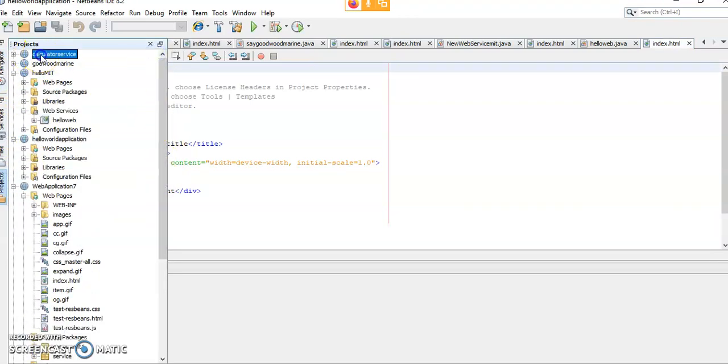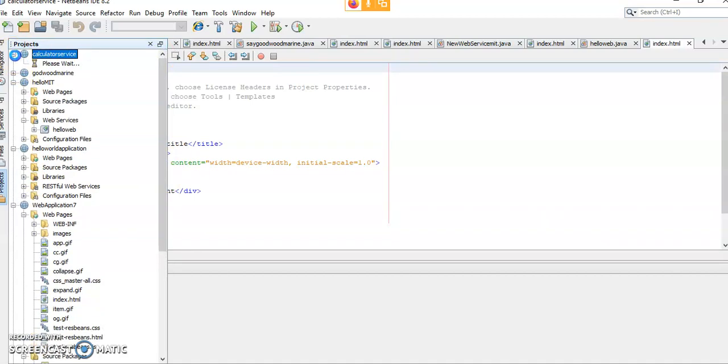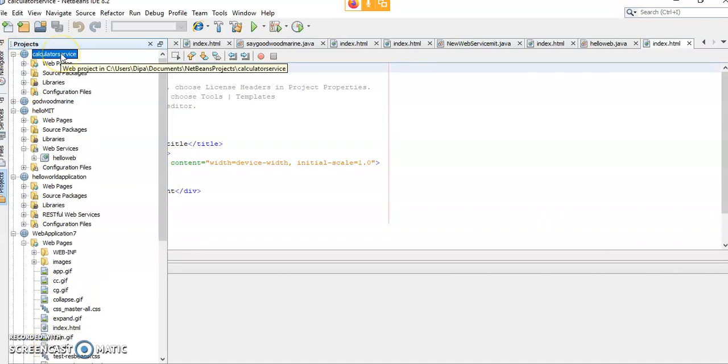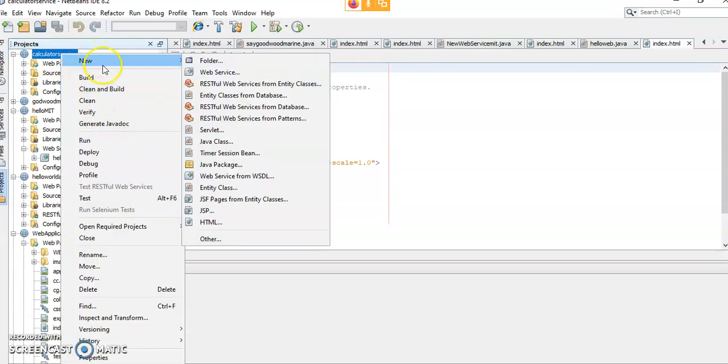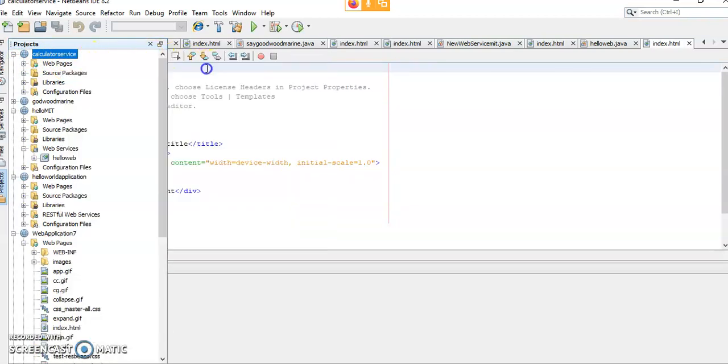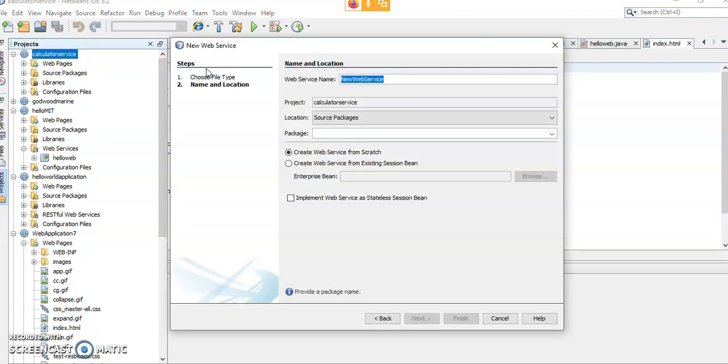Right here, right click. Next step is to create a web service. Right click on the project, New, Web Service. Click on the web service. Enter the name for that particular web service, CalculatorService.